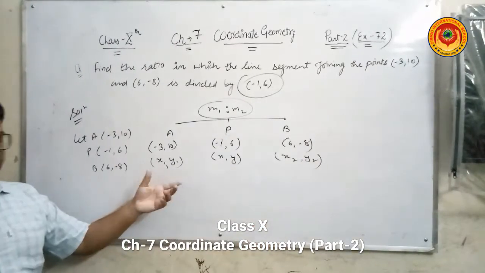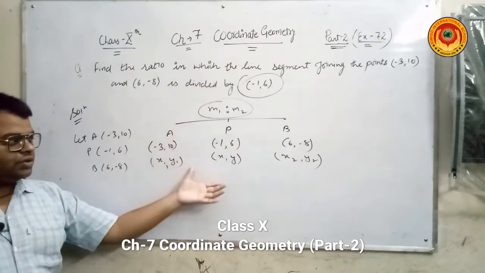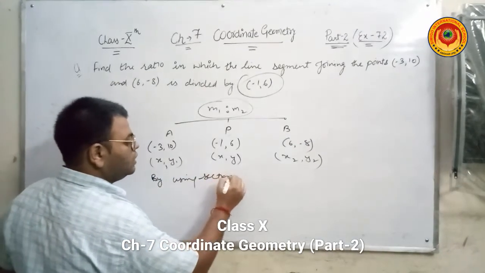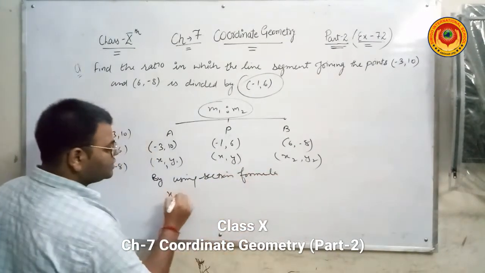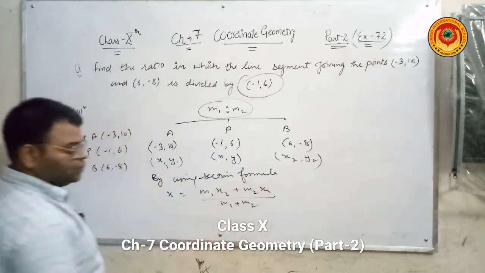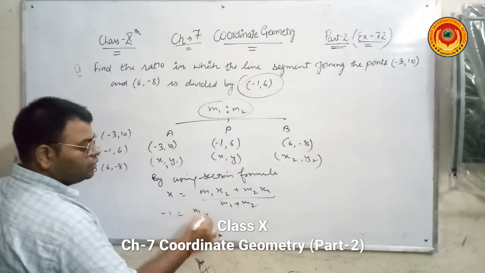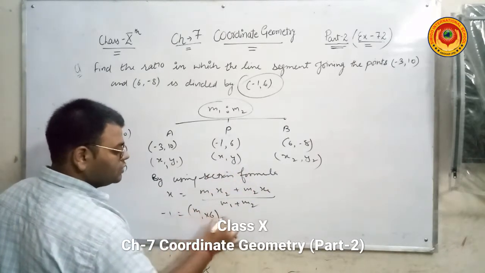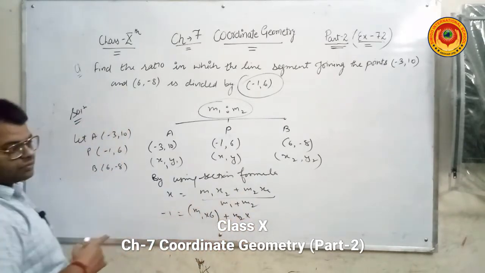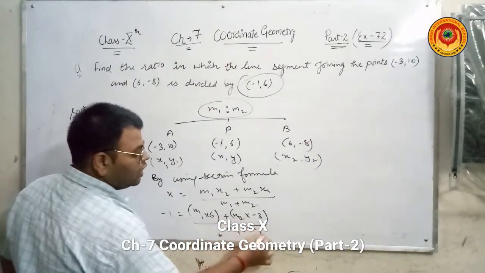As I told, either the question is to find the coordinates of the point or the opposite question. Okay, find the ratio. So again use the section formula. So what you have to write? By using section formula, x is equals to m1 x2 plus m2 x1 over m1 plus m2. Just fill the values. What is your x? -1. What is your m1? You have to find out. X2 is 6 plus m2, find out. What is your x1? -3 over m1 plus m2.